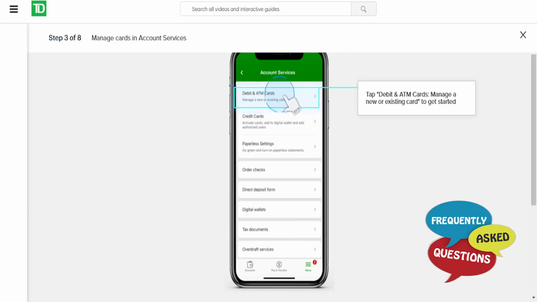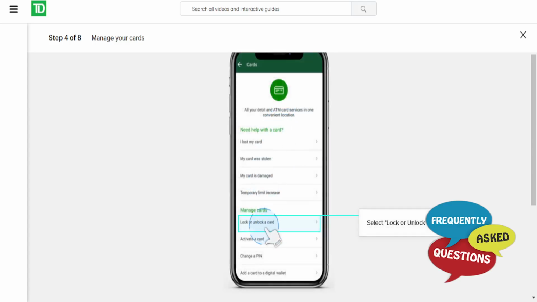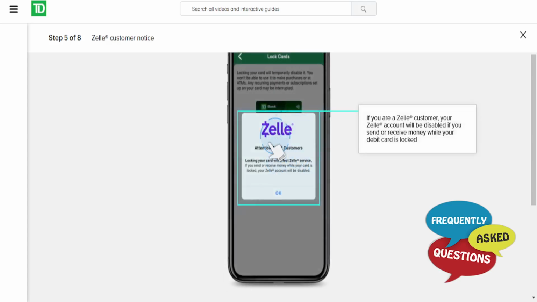So you can go ahead and manage a new or existing card to get started. So click on this. Okay, choose that option. Now here under manage cards, you will need to select lock or unlock a card. Okay, just tap on that, and now, if you're a Zelle customer, your Zelle account will be